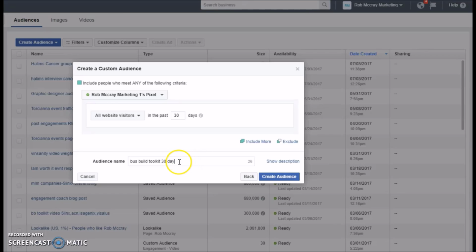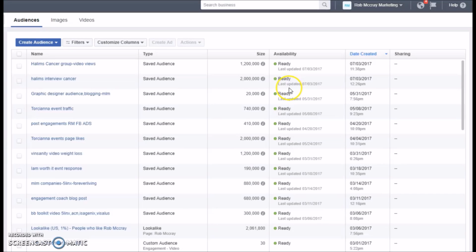All right, so you just want to do that. Okay, that's the 30 days set up. Then you're just going to come back and do the same thing all over again. Then you're just going to change the amount of days. Put 60 days here, 60 days in your title, your audience name as well. Create audience, and so on and so forth, until you do it for all of the ads up to 180 days. All right. Okay, so once you have done that, then the next thing you want to do, we're going to